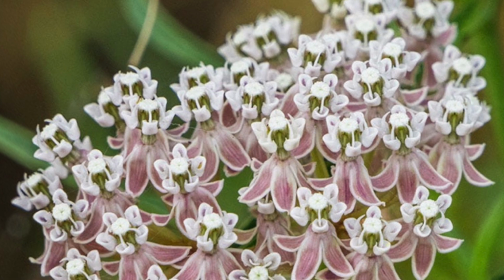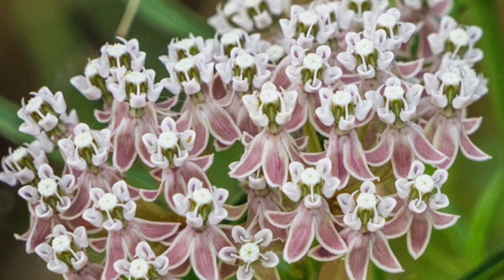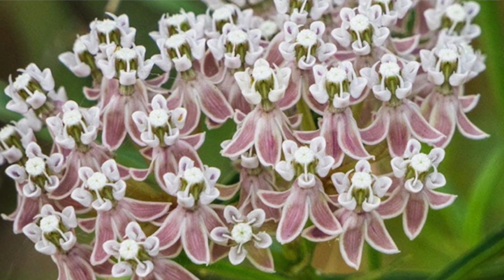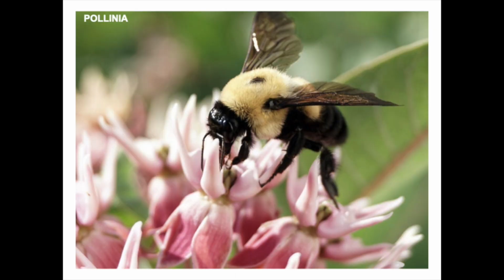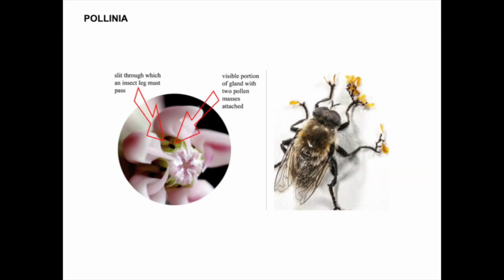And if you look at the structure of this flower, it's a really interesting looking flower, right? And that's not by accident. It's because when the bees land on it, their feet fit into these little grooves between the petals, and in between those little petals are these pollinia. So you can see here the dark sticky gland, and then the wings would be kind of down there. So when the bee lands, their feet hit that sticky part, it sticks to their feet, and they pull their legs out, and then